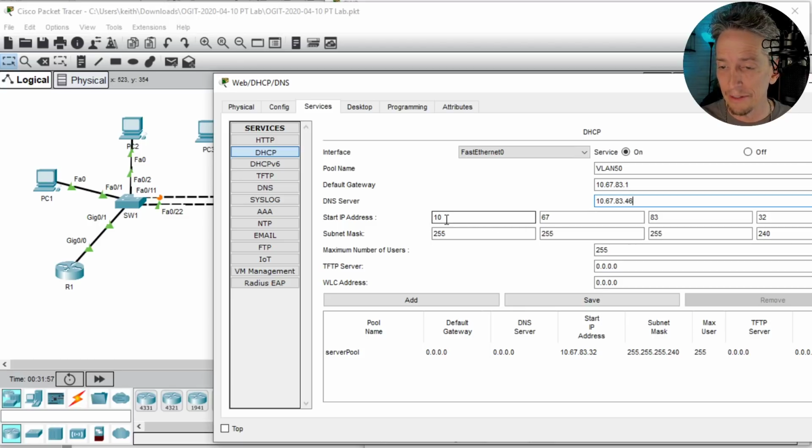The starting address is going to be 10.67.83. Now the range for that subnet is 1 through 14. We're already using .1. I'm going to start at .2 because there's nobody else in this network. So I'm going to start the DHCP pool at .2, and I'm going to say go ahead and hand out